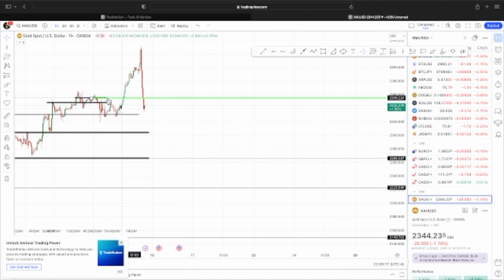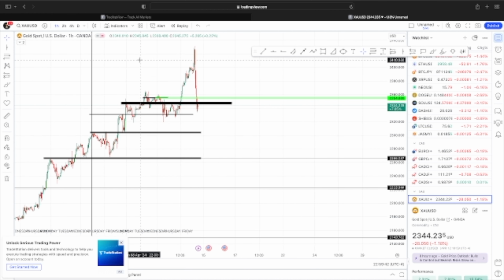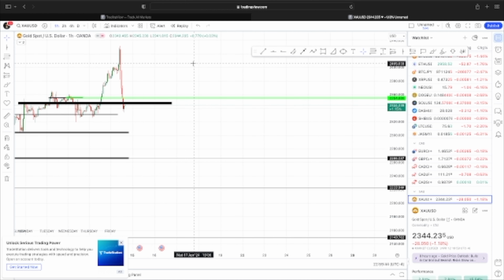So price is back below this level, price is back below this level. And anytime price was below this level, it would try to sell off. It only broke it twice, but once it broke it, it gave a lower high instead of a higher high. And we definitely anticipated some sales from there too. Then the market came up here, and I don't think I caught a whole lot from this. I think the very last trade I took was NZD/USD sales.